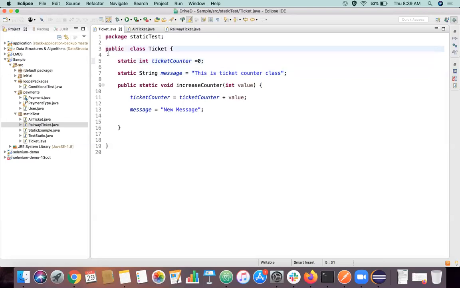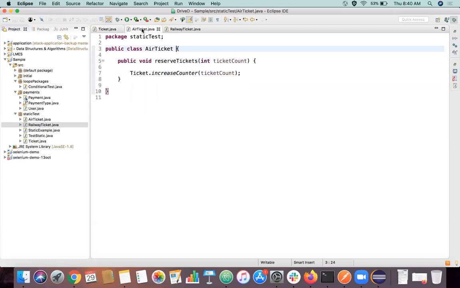It is kind of a common place where I can go and manipulate data based on some conditions and logic, right? And why have to declare this method as non-static, right? It doesn't make any sense because we are just using this method to increase the ticket counter value, right? I'm having this variable as static, but if I have this method as non-static, it doesn't make any sense because again we have to create an object for this ticket class to access this method. It is a waste of memory location also, and I cannot go and use the same object.